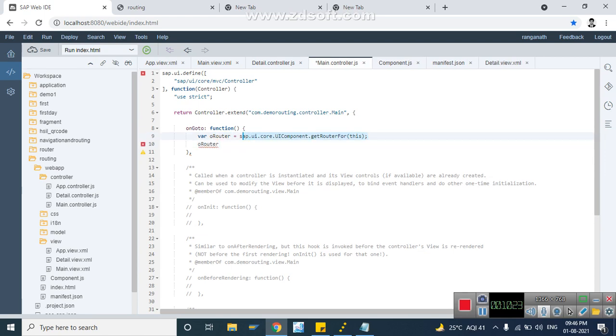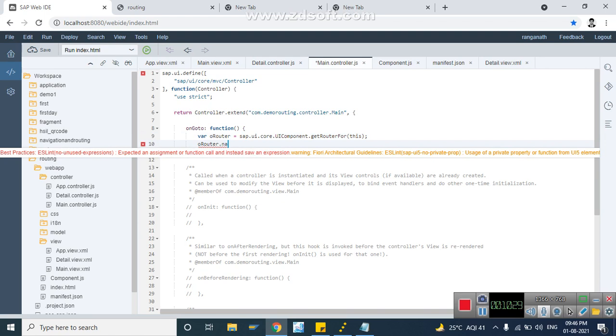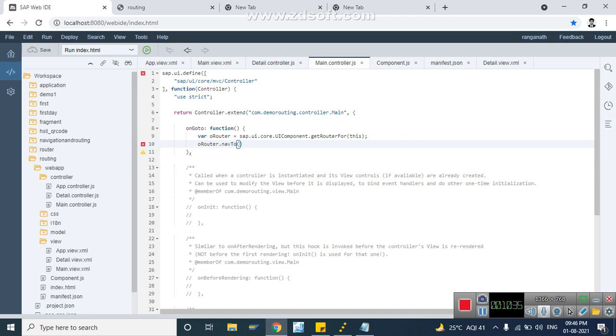You can copy it from Google. Say router dot navTo method. So this is the navTo method, and based on the first parameter we navigate to the defined target page. The navTo method's first parameter will be the route name.